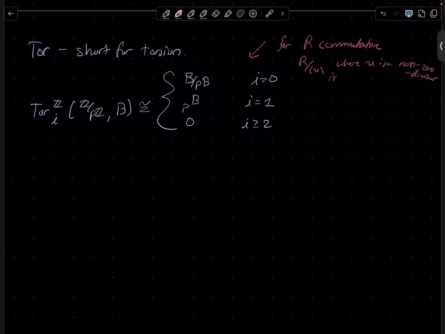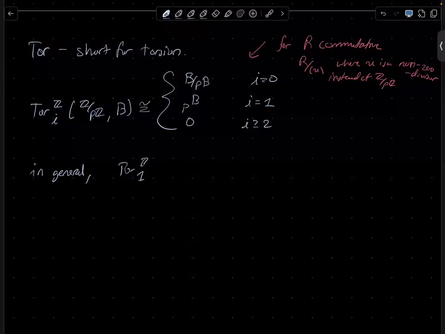Yeah, instead of Z mod PZ. And then you'll get B mod UB, and then the U torsion of B. Okay, so that's fun. And so, okay, in general,